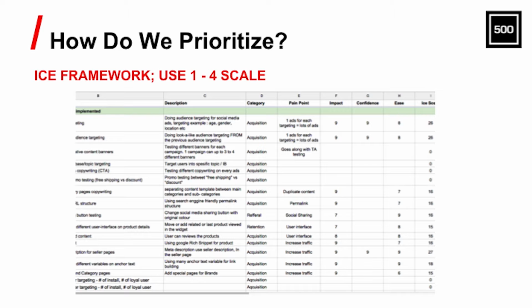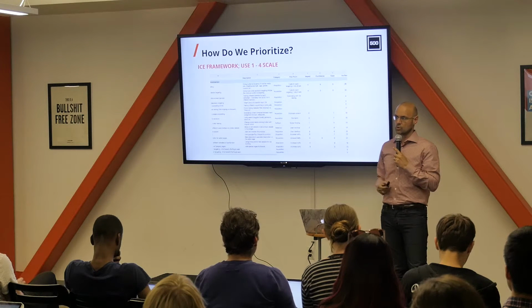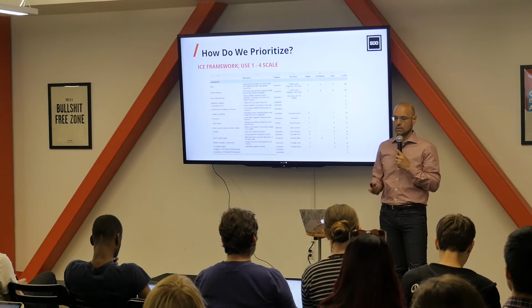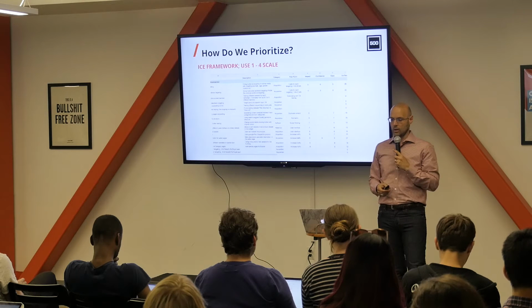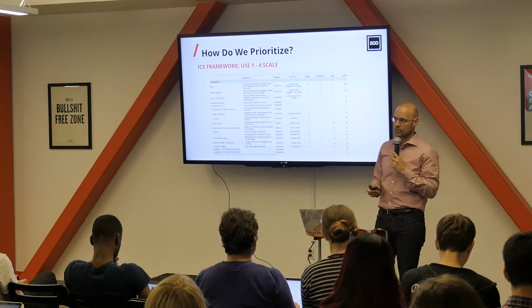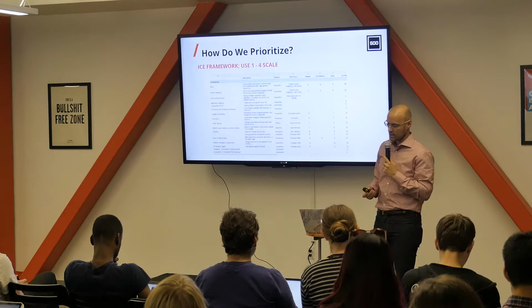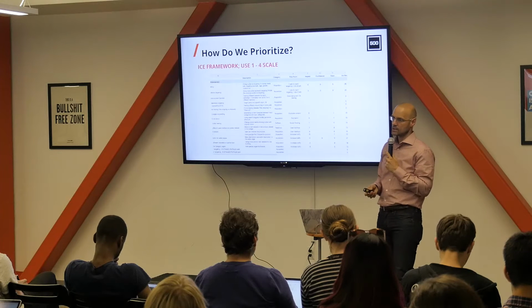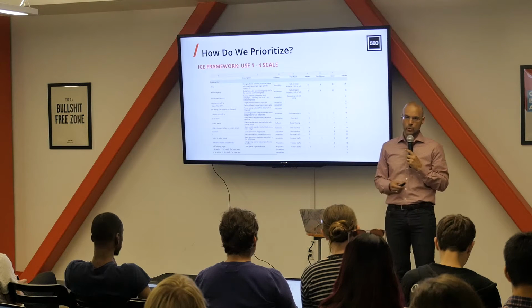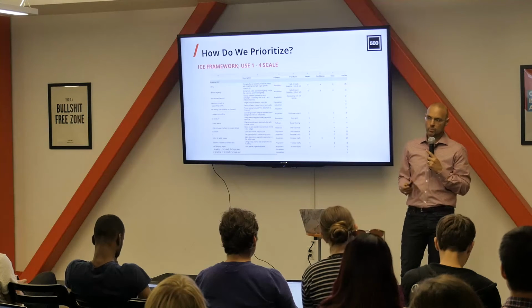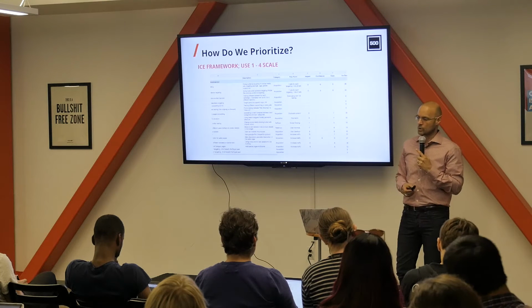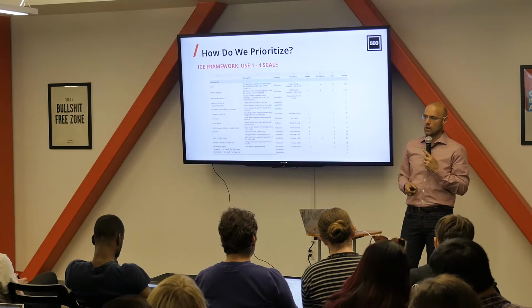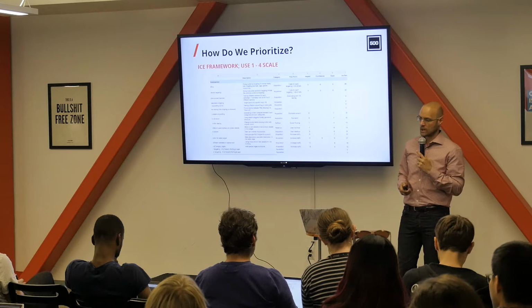Different hypotheses, things that you could test, that you could experiment with that would potentially move the needle for your business. So once you have this huge, long brainstorm list, then you have to go through and prioritize. And the way you do that is with what we call an ICE framework, right? So ICE, very briefly, stands for impact, confidence, and ease. So these are the three variables that you're going to rate your various brainstorm ideas across. And then you're going to use that aggregate score as the metric by which you're going to prioritize your